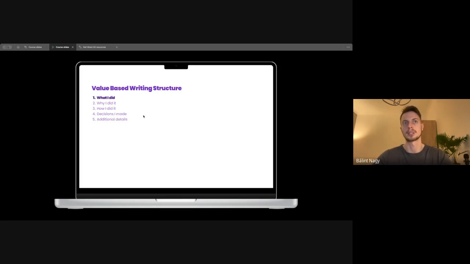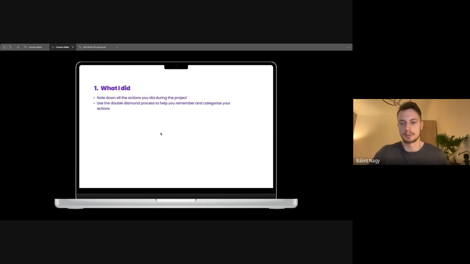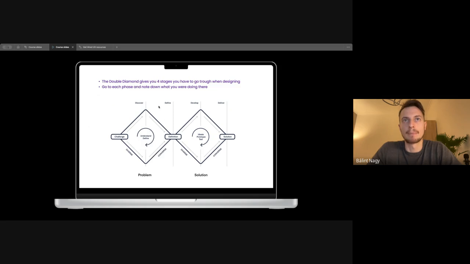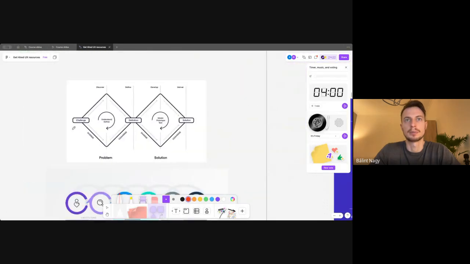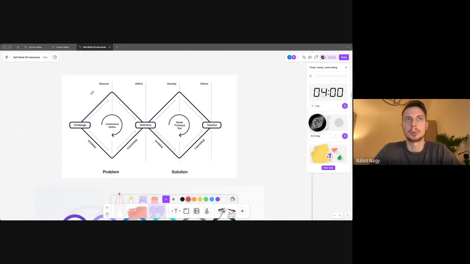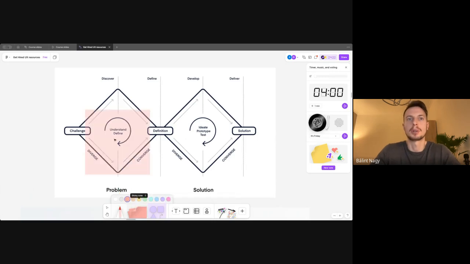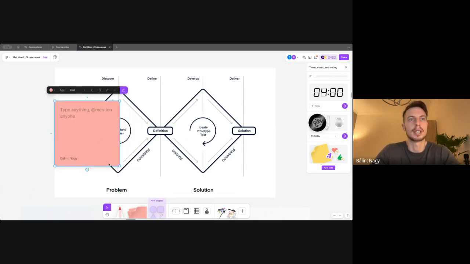And this is the most important part, but I think most of the confusion is happening. If you go through the double diamond stage, 4 different stages: discover, define, develop, and deliver. Normally, when you write your case study, I recommend following this structure, because normally these are the different stages which you had to go through. Here. So these are the different stages which you had to go through. And in each stage, you more or less, hopefully, let me make it smaller. Okay. So in each stage,